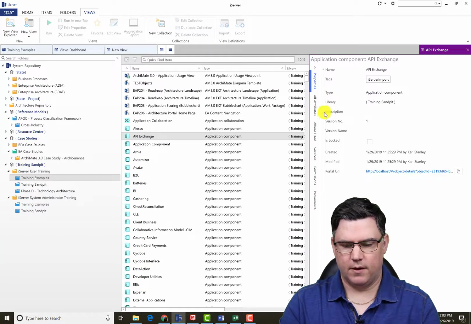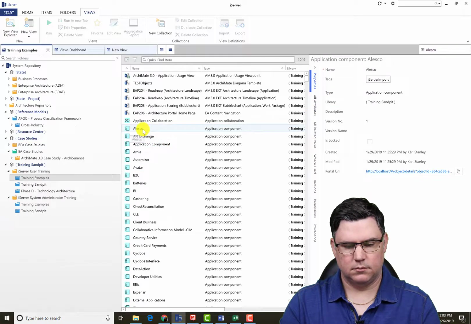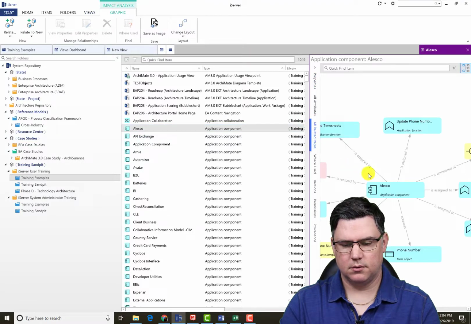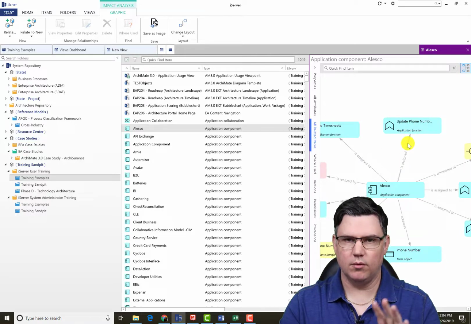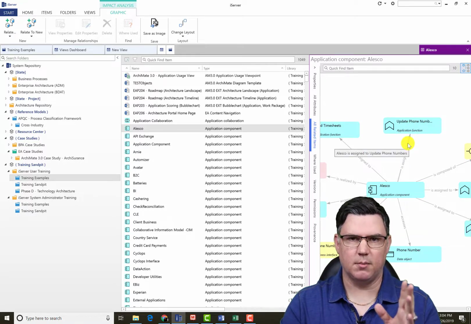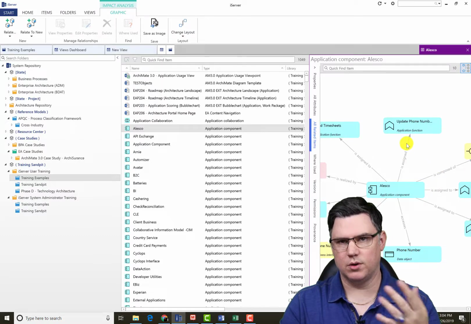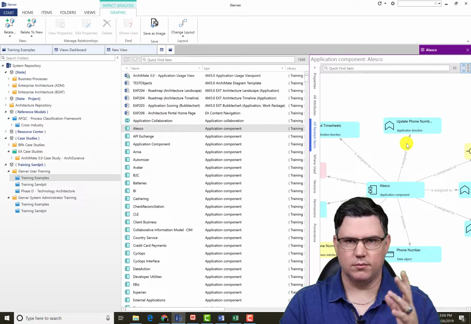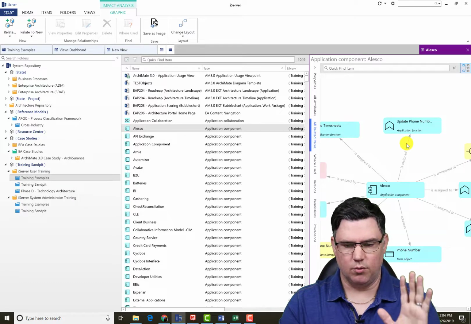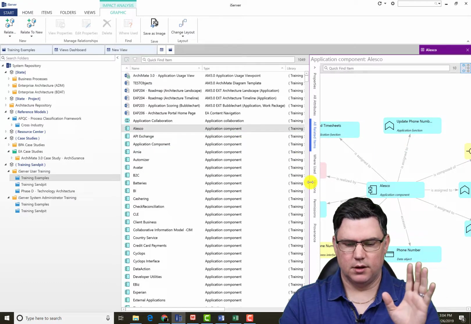So, for instance, see this one here? It says all related items. Hey presto, there you go. All the related items to Alesco and what the relationship type is. And we haven't gone into ArchiMate, but ArchiMate as a meta model has all of these different types of relationships and what is allowed between X and Y and source and target and everything. So we're not going to go through all of that, but just so you know,